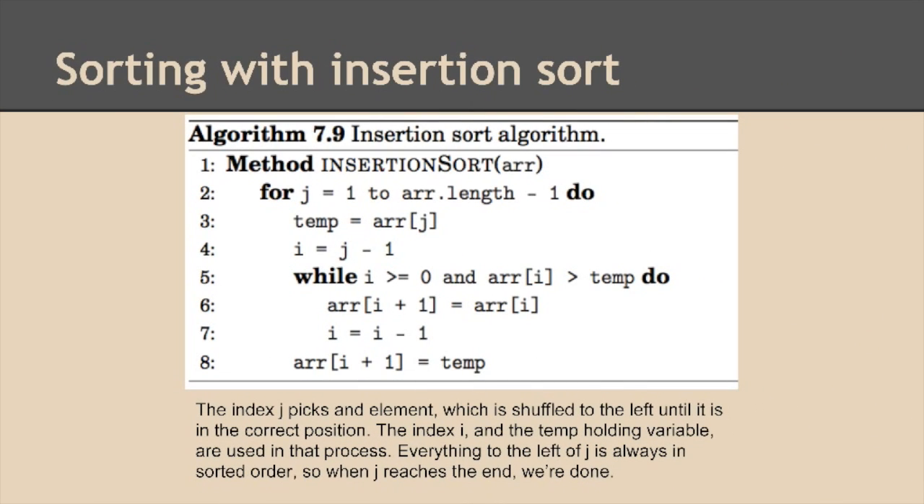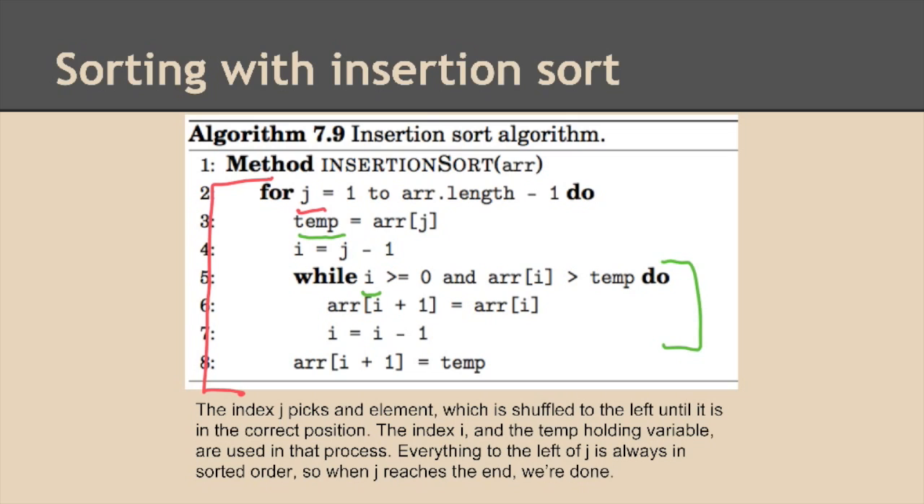And now that we've looked at the cards, let's take a look at our algorithm. So you'll notice that this algorithm has nested loops. The outer loop, the for loop, basically picks an element, and then we're going to use the inner loop, the while loop, to shuffle that element to the left until it ends up in the correct position. So in our loops here, the j variable, that's the one that's picking the card, if you will, or the element that we're shuffling into the correct position, while the i variable and our temp variable are used for that